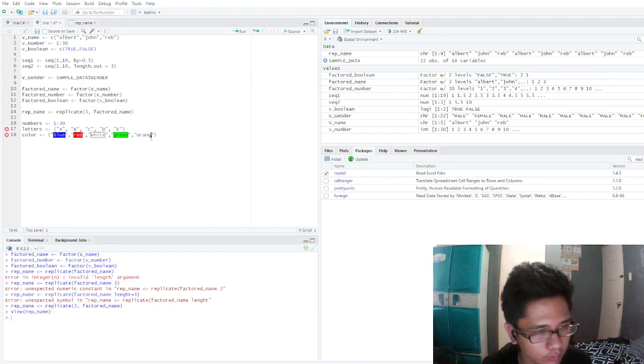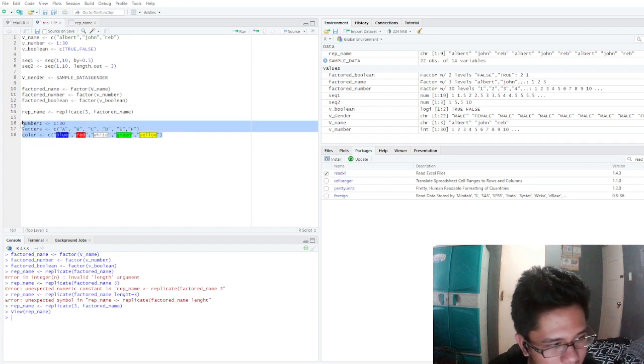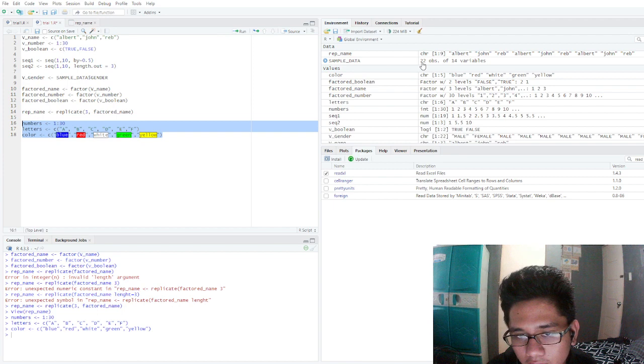Oh, it's yellow. Yellow, white, blue, red, white, green, and yellow. Oh, the letters rather are... and we just put C here. This looks great. Let's create this and run. So here we have the colors, the letters, and the numbers.